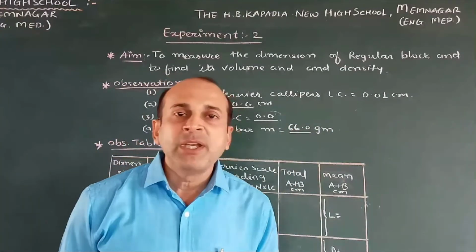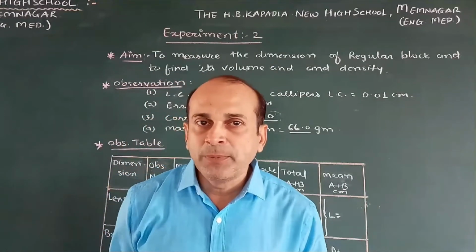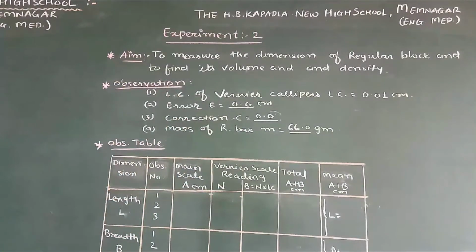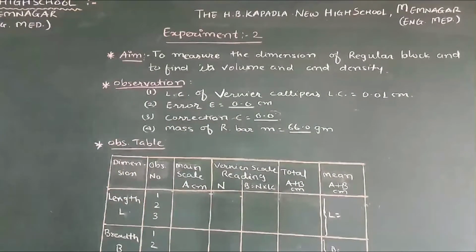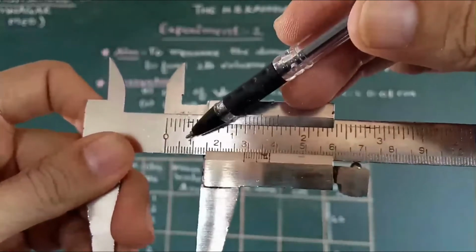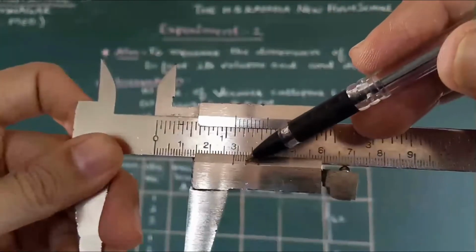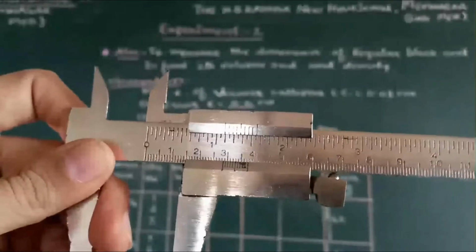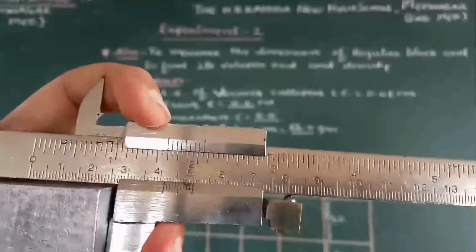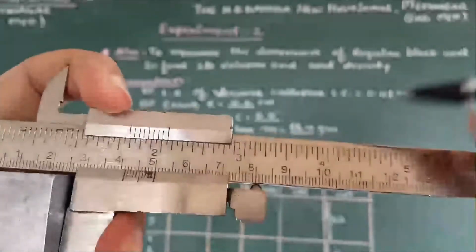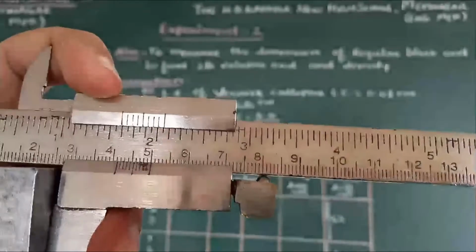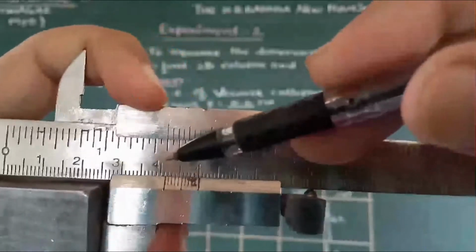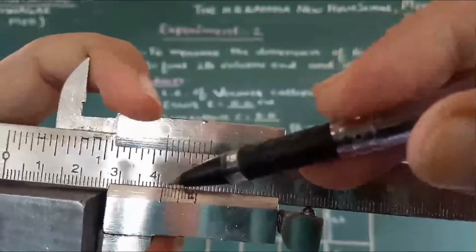Now let me measure the length, breadth, and height of the block. This is the main scale reading, and these are the vernier scales. First, place the rectangular bar between the two jaws of the vernier calipers along the length side. Here, first note down the main scale reading. Main scale reading means the location of vernier scale 0. The vernier 0 is exactly lying between 4.1